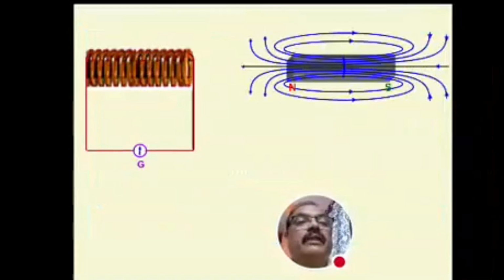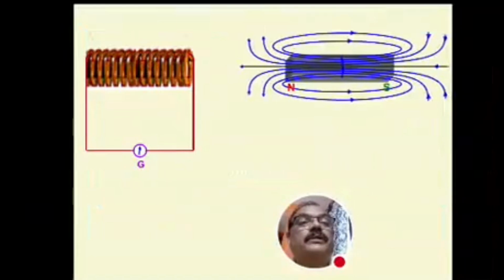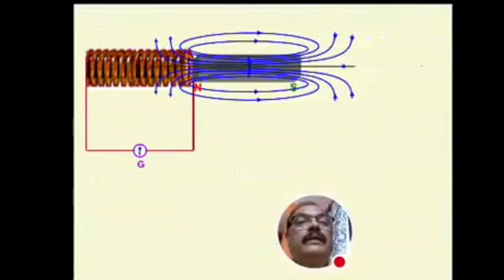One more thing is very clearly given over here. The bar magnet is showing the magnetic field. These magnetic fields are imaginary, not noticeable, invisible, and generally they pass through the north pole and end at the south pole. When it is pushed, what is happening? The magnetic lines of force are cutting across the coil, so there will be a change in magnetic field. A changing magnetic field causes a change in magnetic flux. When the magnetic flux is changing, only at that time is there a